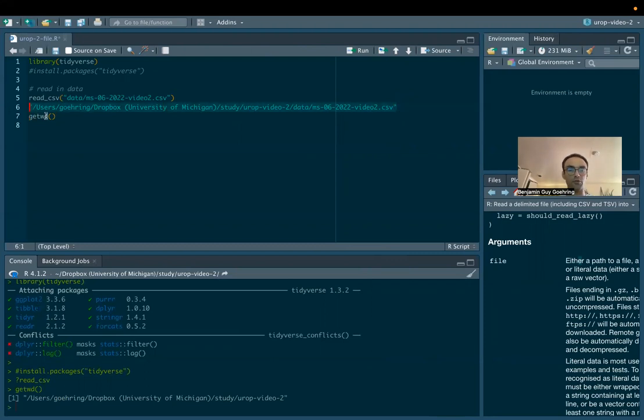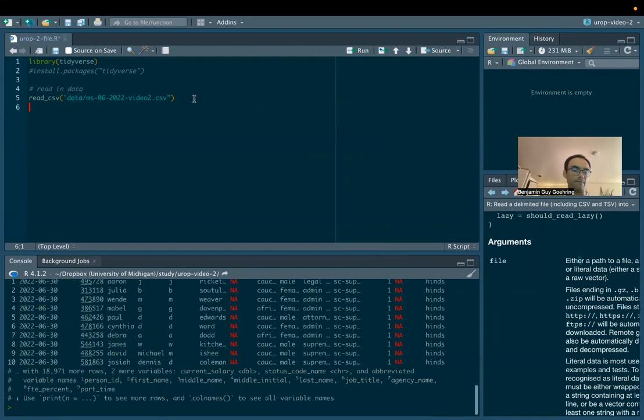So you could also do read underscore CSV that, if you weren't in an R project, but just don't worry about that. Since we're in an R project, everything's relative to this UROP video 2 folder. So we're going to start looking from there. So we're going to go into the data folder, then we're going to find our CSV. So if we run that,